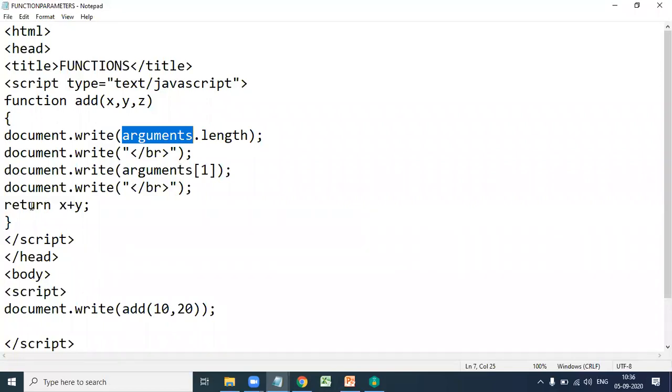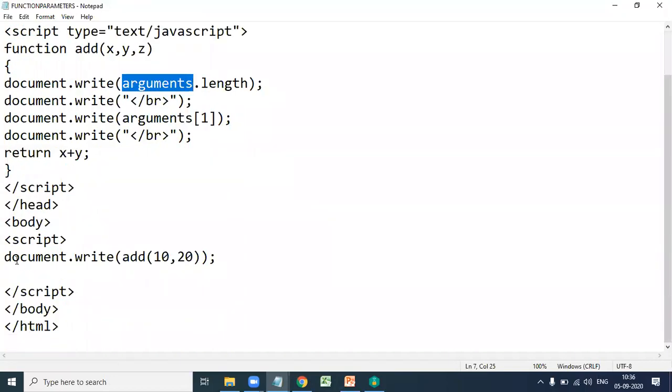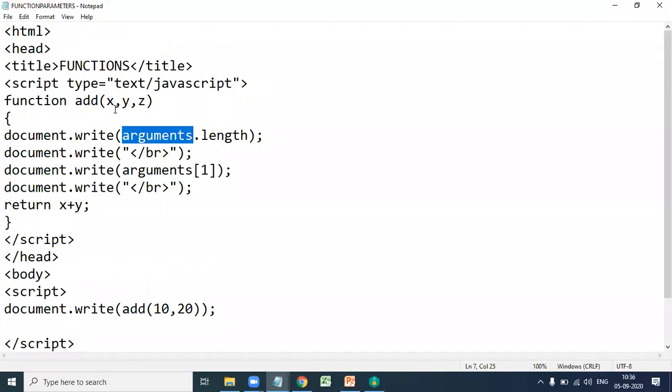Next, return x plus y, that is 10 plus 20, 30. In the function call, add of 10 comma 20. In the function definition, the formal parameters are x comma y comma z, 3. Actual parameters are 10 comma 20, that is 2.